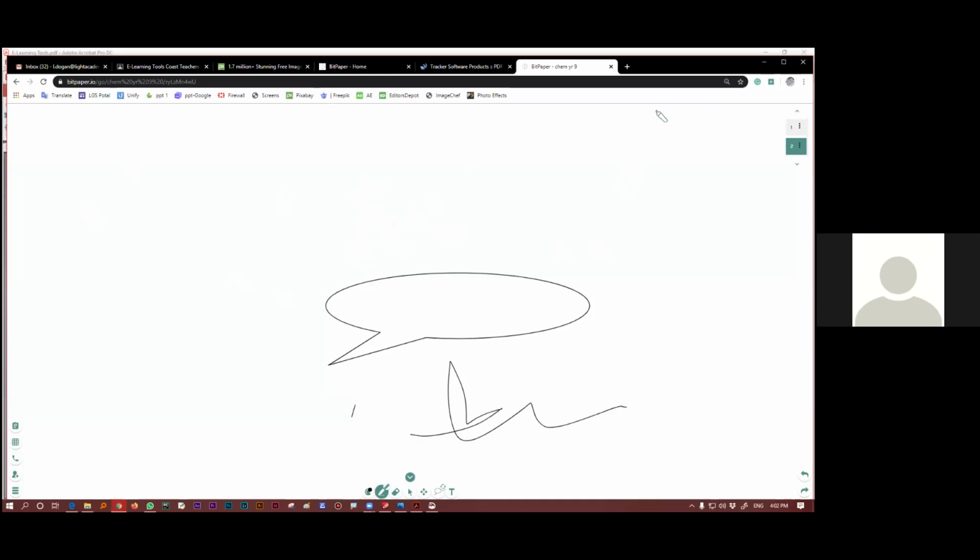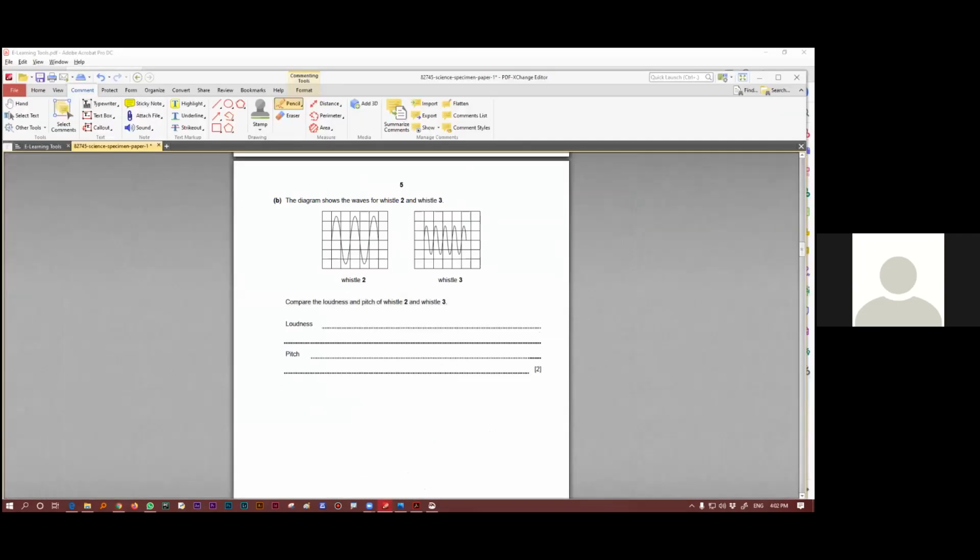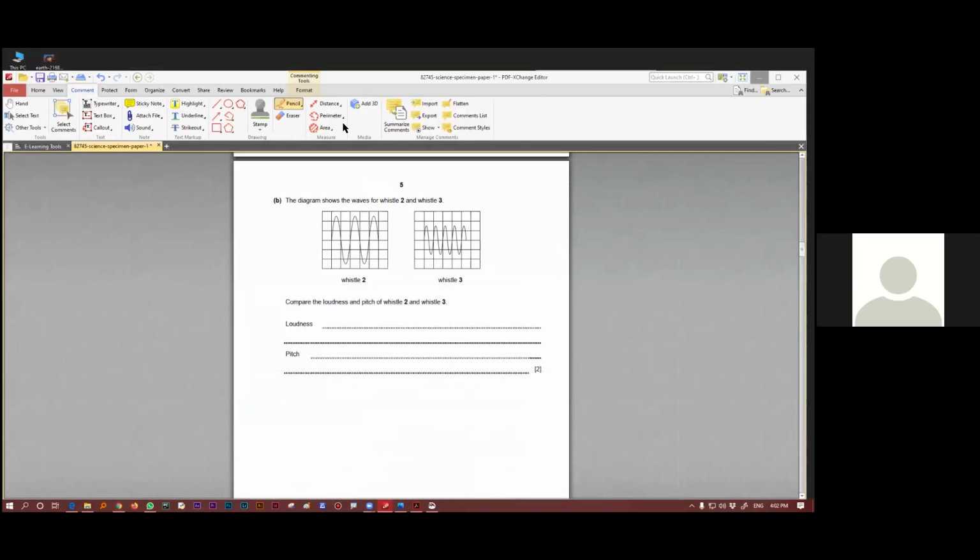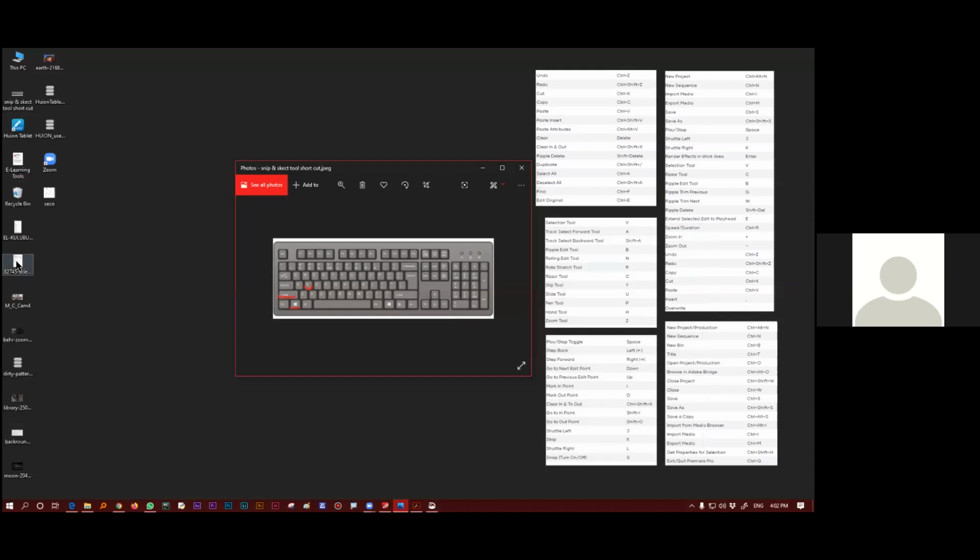So, for example, I want to add a whole PDF here, which I was working on. For example, this is the science